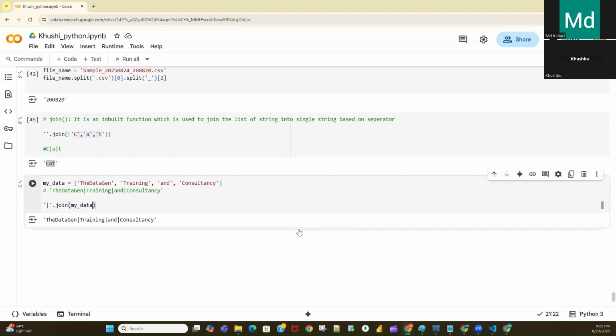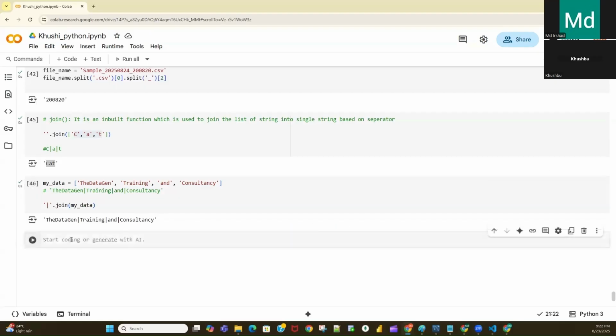Now, for example, let's say you have var 01 equal to data gen. This is one variable. Data 2, let's say, is another variable, training.